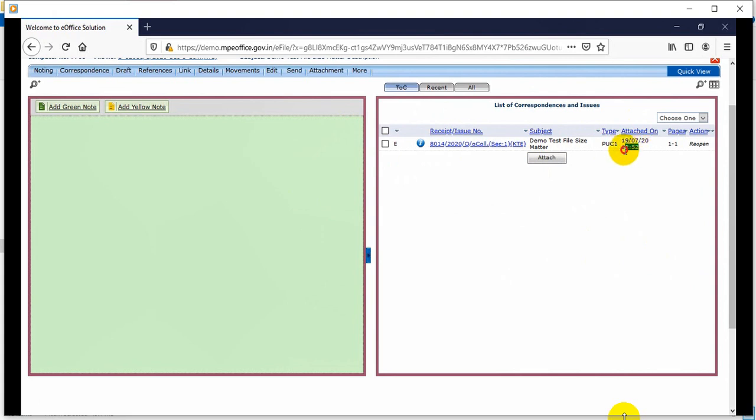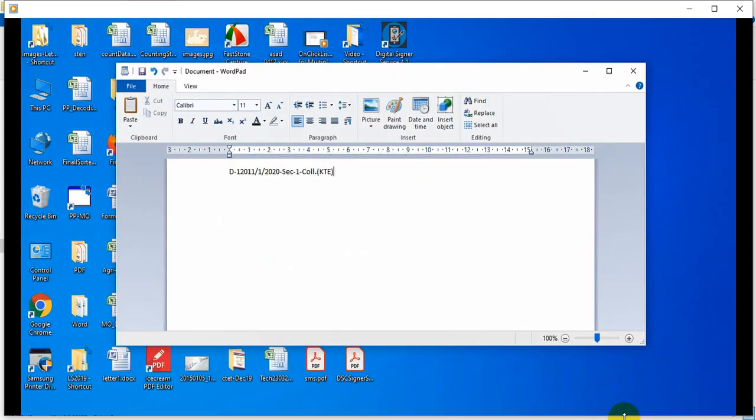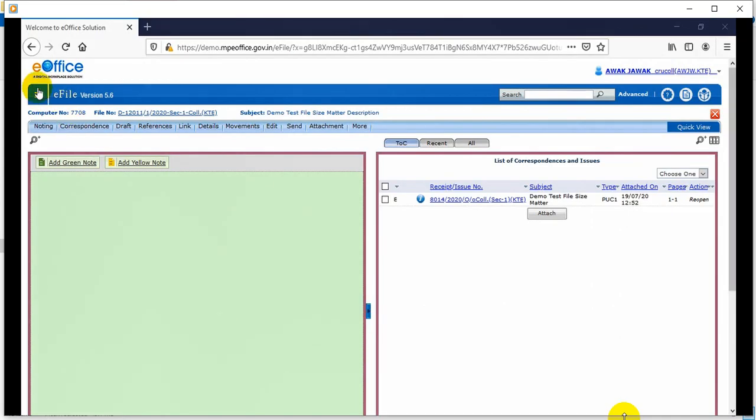Here it shows the number of pages inside this. If it is 1000 pages, then 1 to 1000 would come here. Now what I will do is go to the menu again. Clicking on these three horizontal lines will show all the options in the left panel, like receipt, file and many others. So if it does not come, just click on these three horizontal lines. So I am clicking on it.